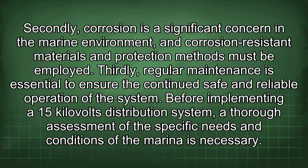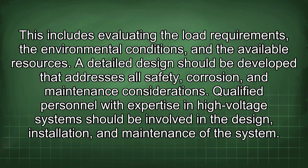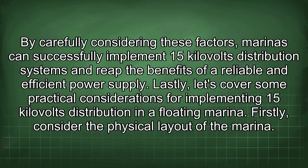Before implementing a 15 kV distribution system, a thorough assessment of the specific needs and conditions of the marina is necessary. This includes evaluating the load requirements, the environmental conditions, and the available resources. A detailed design should be developed that addresses all safety, corrosion, and maintenance considerations. Qualified personnel with expertise in high-voltage systems should be involved in the design, installation, and maintenance of the system. By carefully considering these factors, marinas can successfully implement 15 kV distribution systems and reap the benefits of a reliable